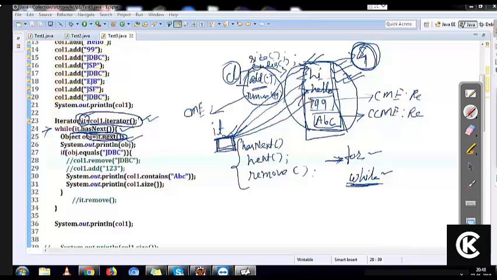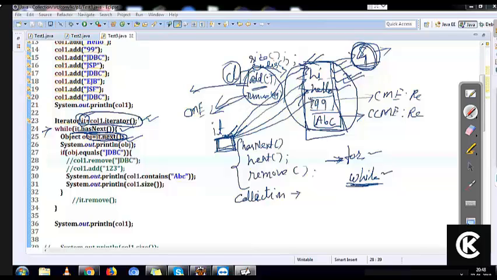If any iterator is pointing to a collection, it creates a boundary like this and gets a count of how many times the next method has to work. And in the middle, after creating this, if you modify the collection by adding or removing an element, then that count mismatches. Because of this reason, whenever you apply any add or remove method, meaning any updatable operation, from the collection interface,